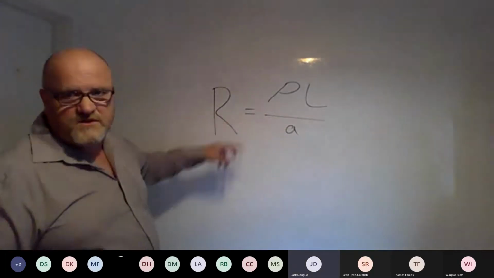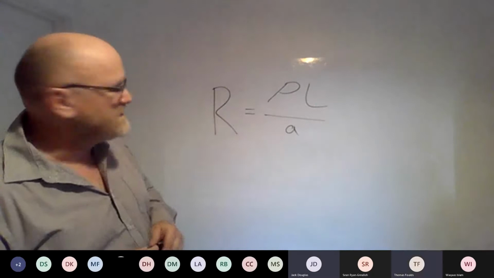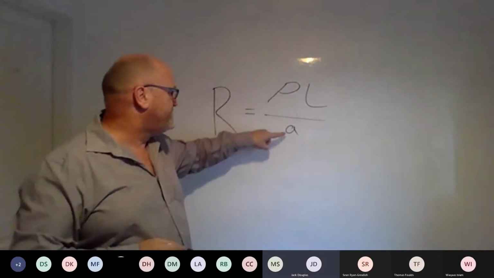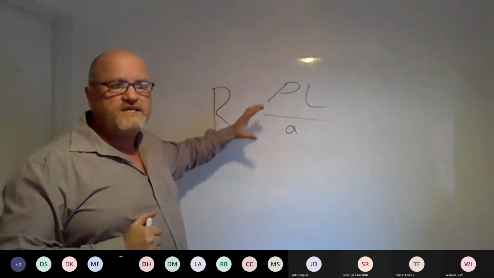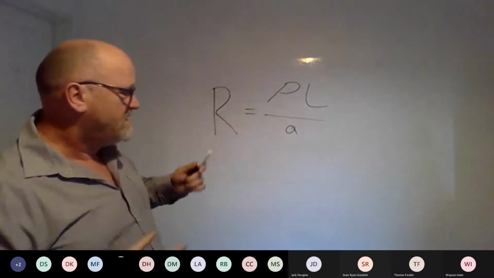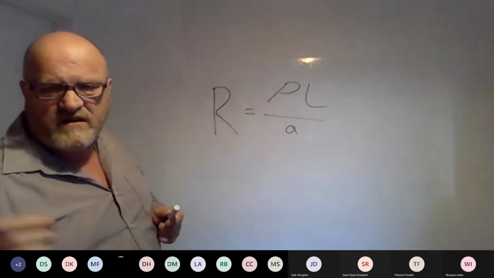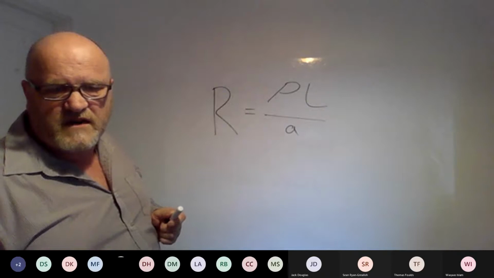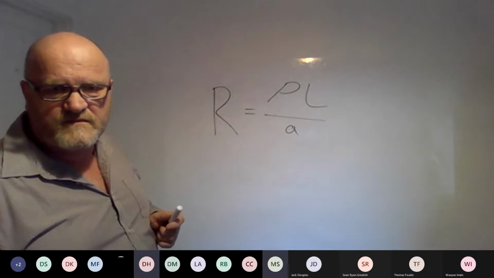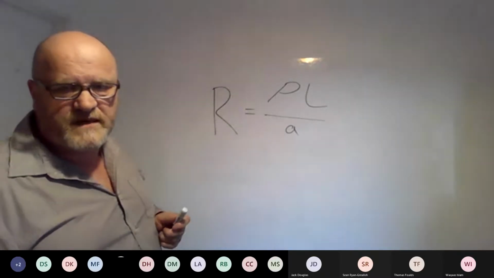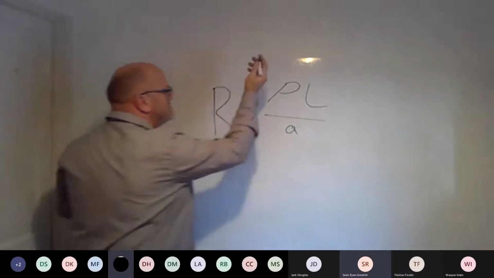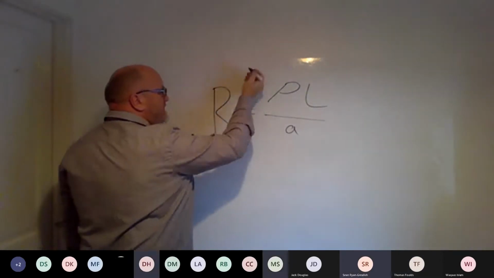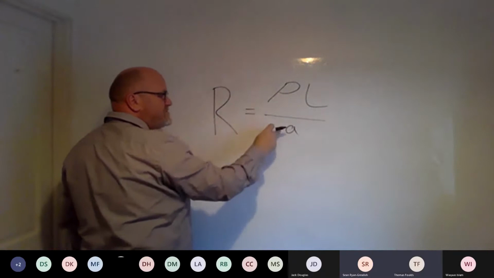Right, can you all see that on the board? Yeah. R equals rho times L over A. Right, this is the formula for resistivity. And what we're doing with this one, does anybody remember off by heart what that number was, as I said, about copper? The fixed constant for copper. 1.72 times 10 to the minus 8. Good. These are the symbols.